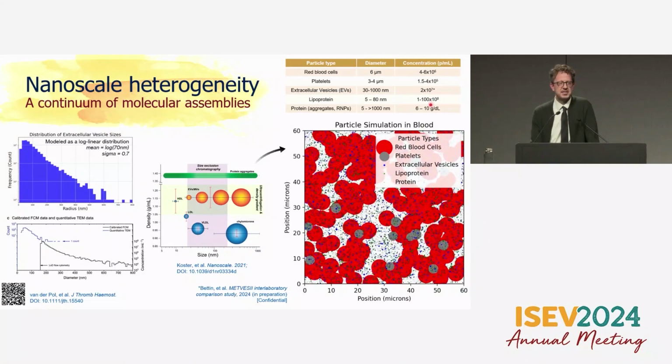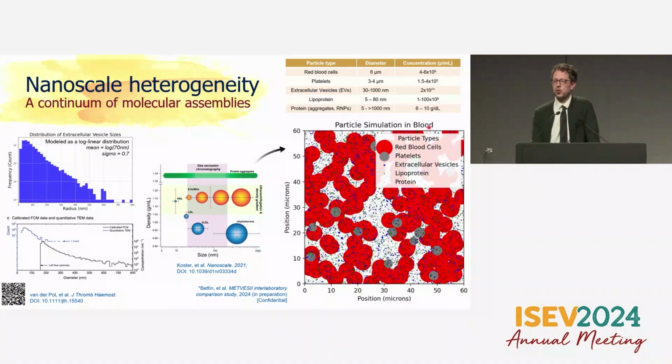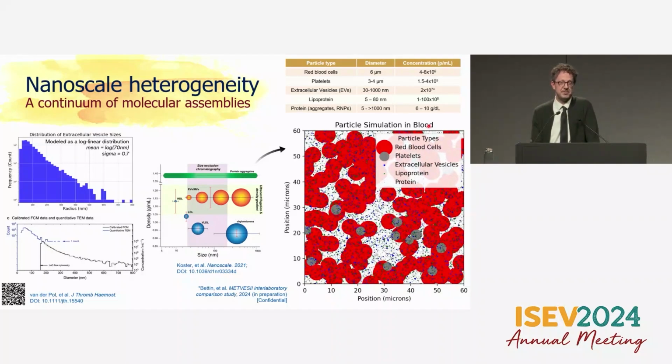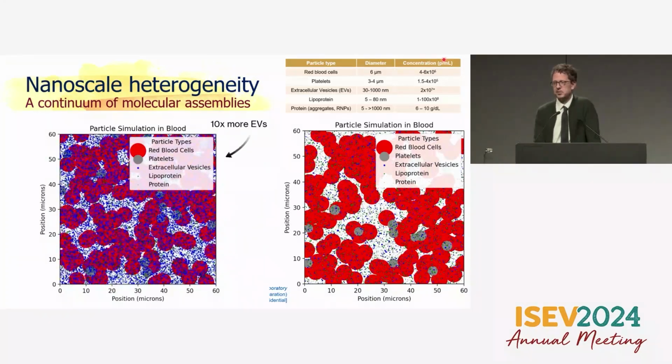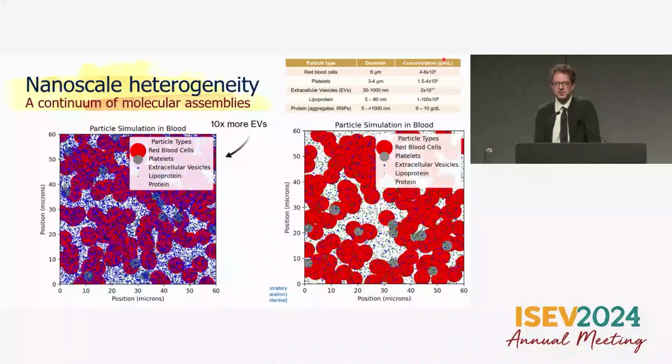I showed this to Rink and his team, and they were aghast because they said, well, wait, that's only above the detection limit of our worst flow cytometers. It's actually, the EV count is likely 10 or even 100 times more than that. I tried to simulate what 10 times more EVs would look like in that same image. I did 100 times 2, and it was just blue. It was only blue.